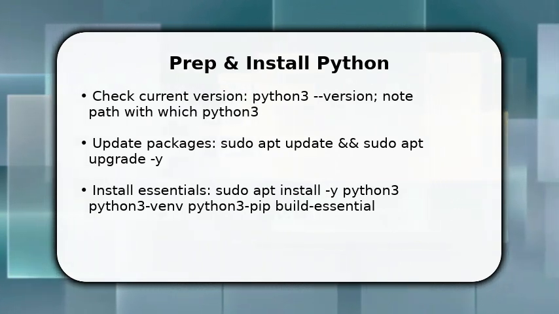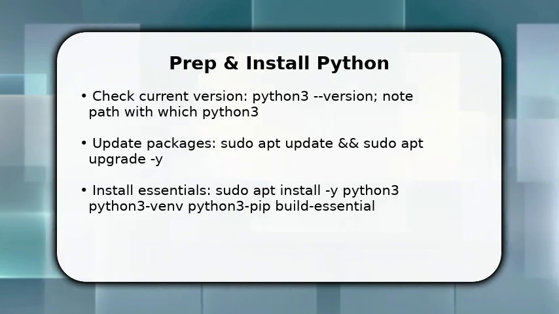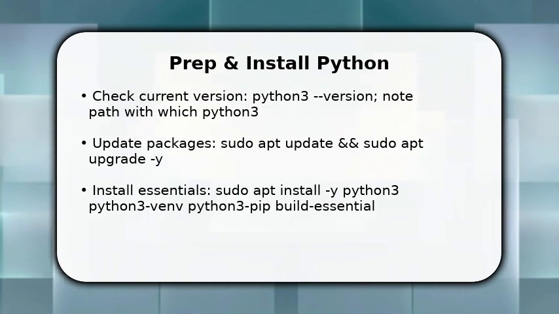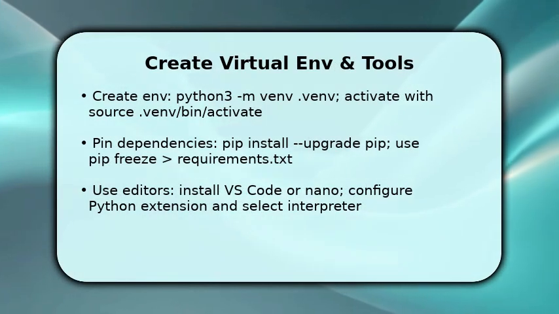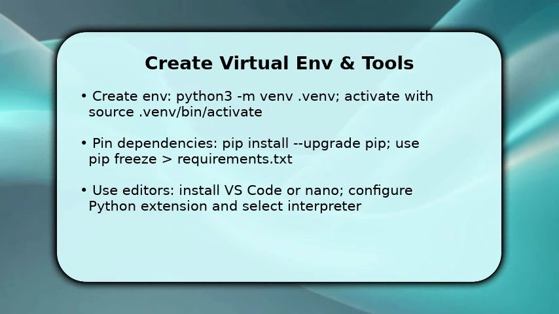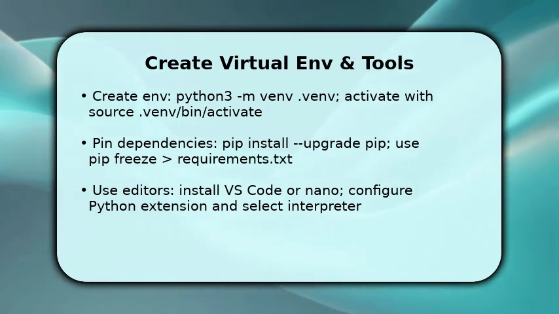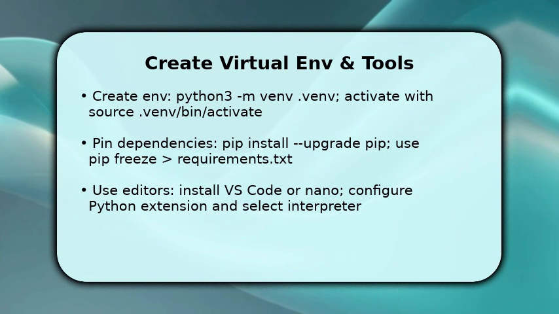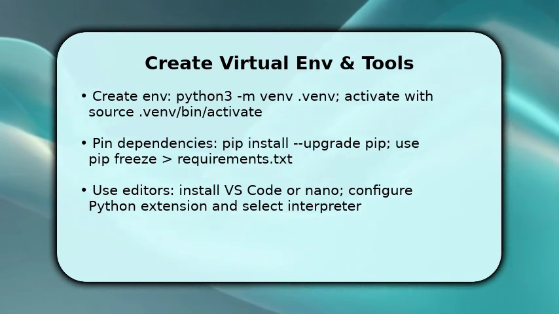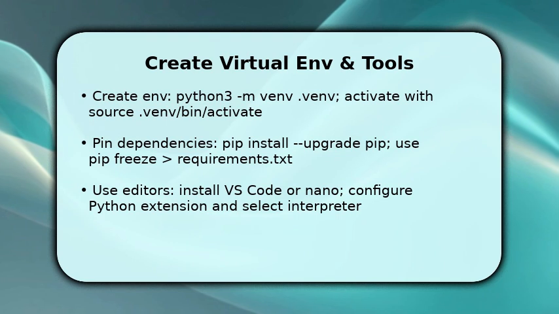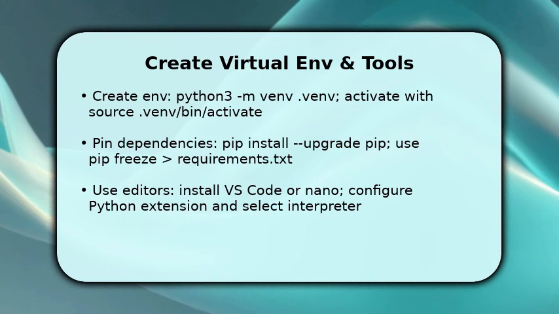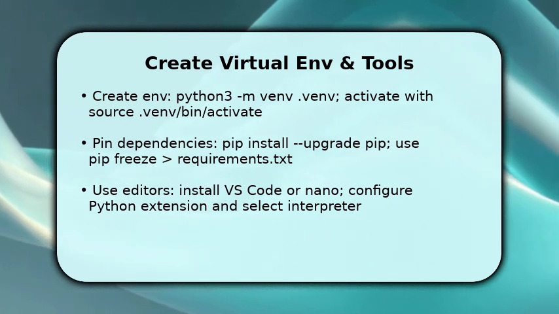Now that core tools are in place, we move into creating isolated projects. You create a virtual environment to isolate project dependencies: python3 -m venv venv, then source venv/bin/activate. Once active, upgrade pip so wheels install correctly and install packages you need, freeze them to requirements.txt for reproducibility. Next, set up your editor, choose VS Code or a lightweight editor, and select the virtual environment